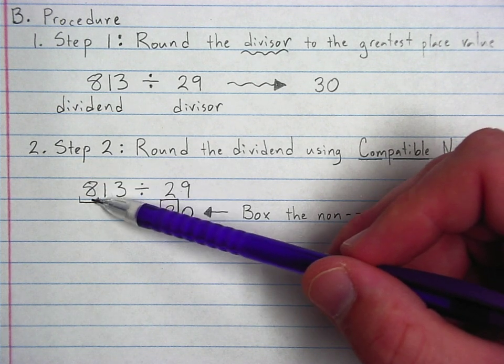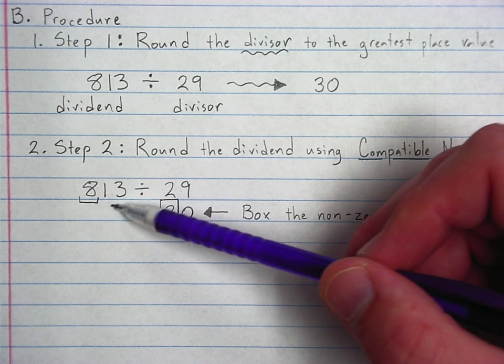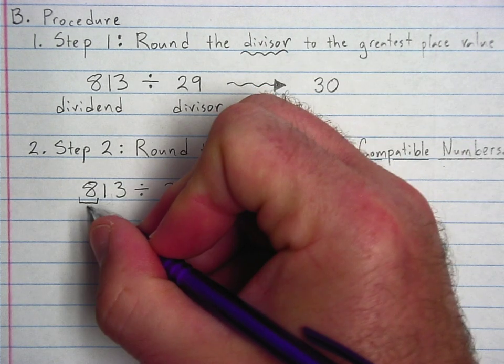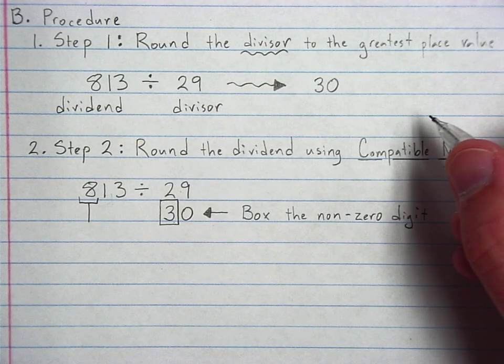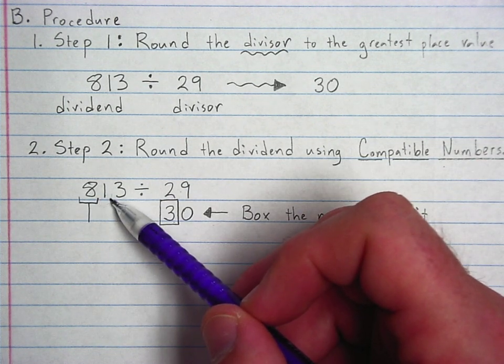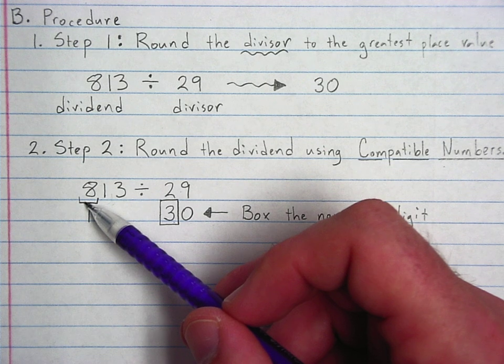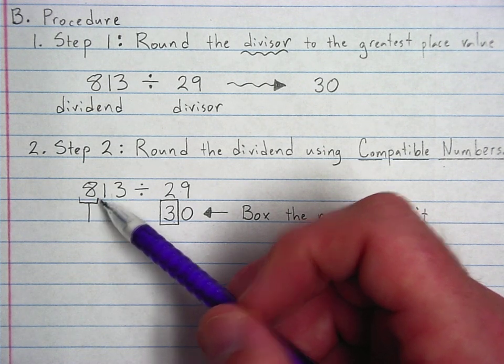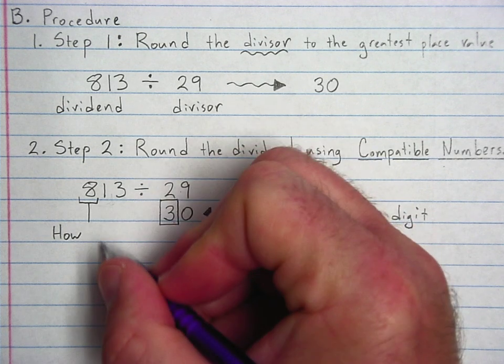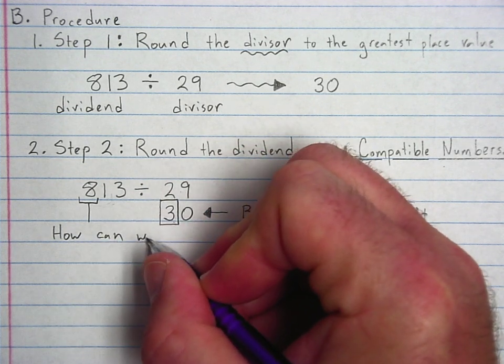If this had been 113, I definitely would have stretched over to the 1. What I want to do is look at that first 1, maybe 2 digits, but usually 1 will be enough. Look at that first 1 or 2 digits and ask, how can we change